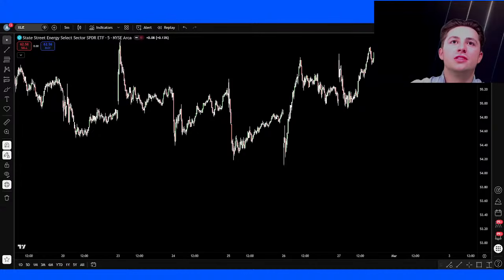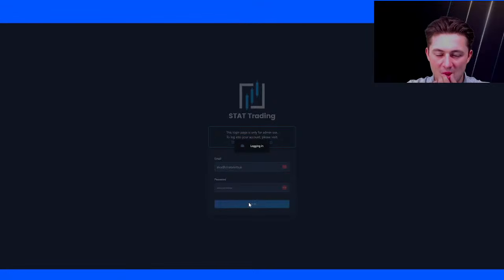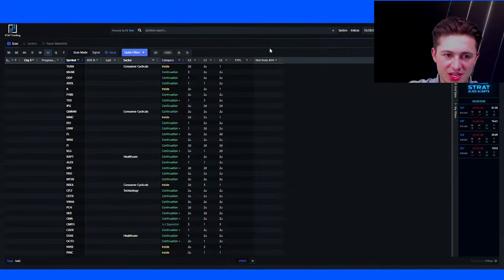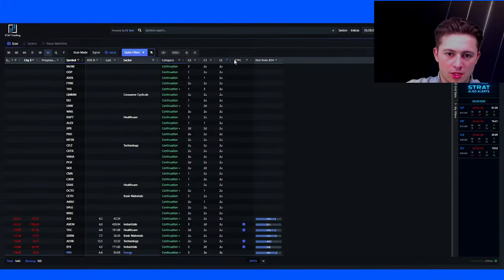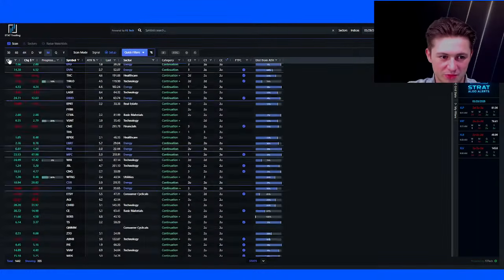So we go to our scanner. Just give me 1 second. But if we go to our scanner, what we can do is we can go to the month. And you don't need this, but it makes it easy. 2 up this month. So these are the uptrends. Now there's 3s or potential 3s that could be happening. So these are the weakest uptrends, potential outside bars. But if we want the strongest ones,